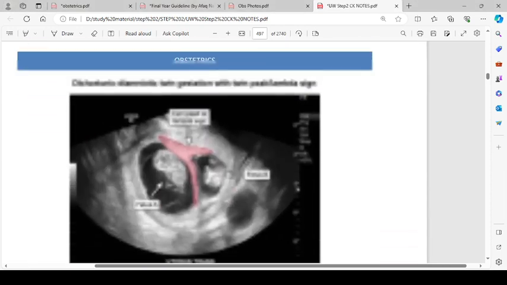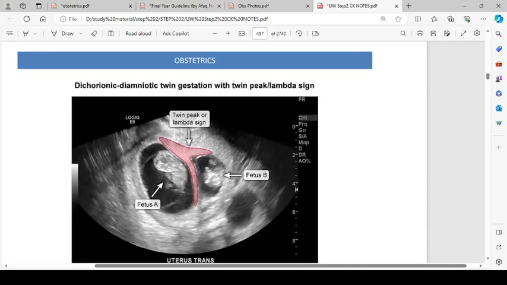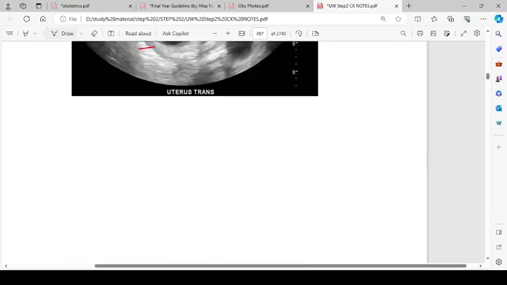here. Yeah. So this is dichorionic diamniotic twin gestation with the twin peak lambda sign. Again, we have dichorionic diamniotic twin gestation with a fused placenta, so they are making this twin peak or lambda sign. Fetus B and fetus A is over here. The next thing is